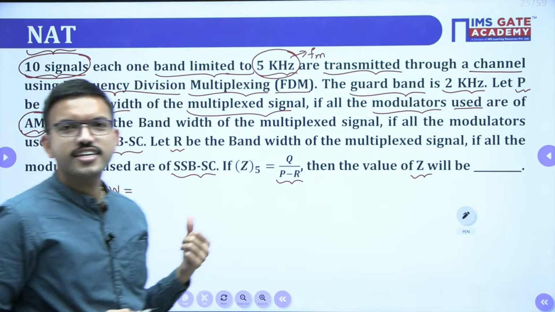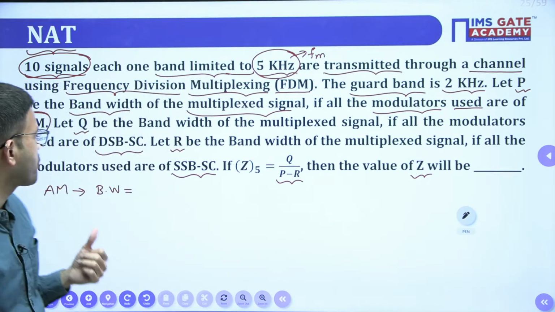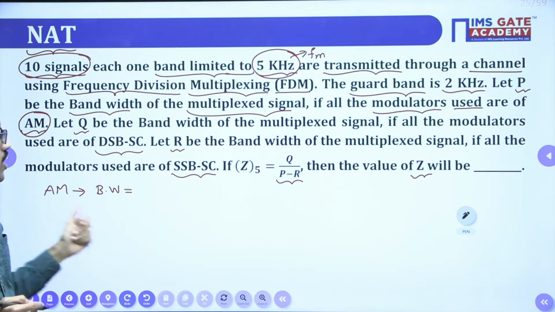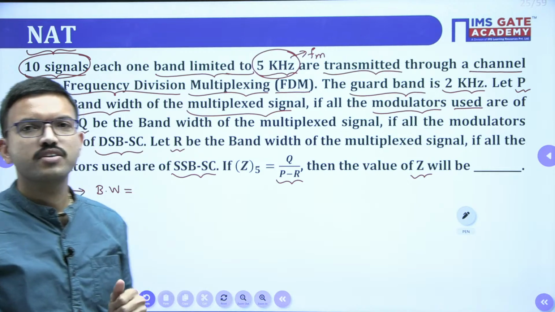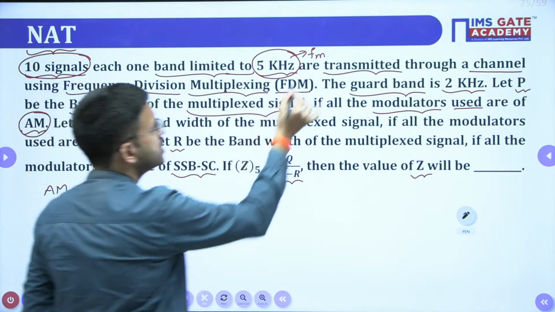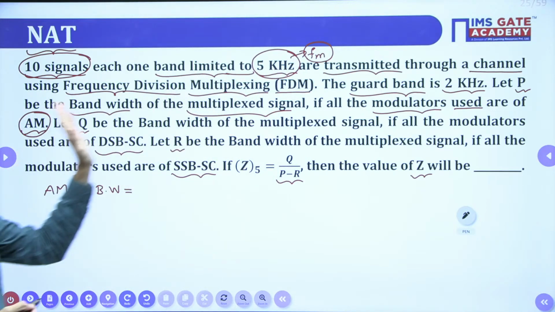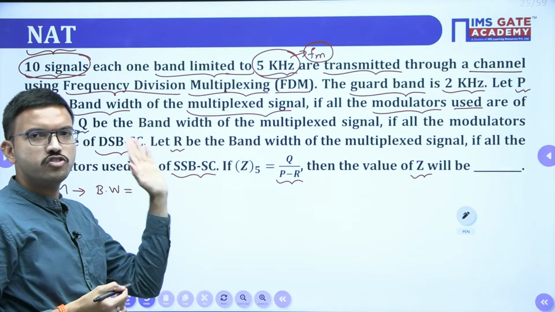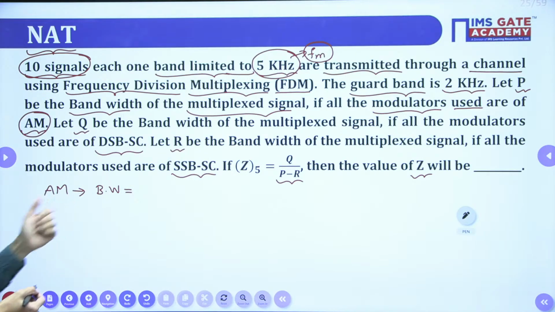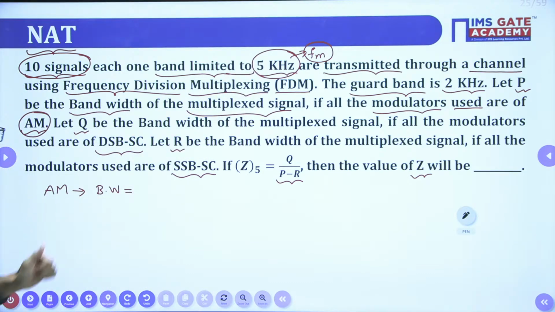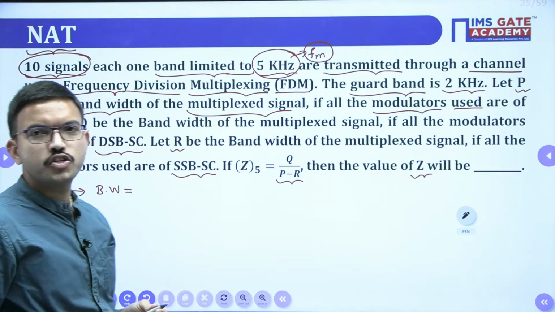Yes, thank you, Tushar. So all of you please respond. Regarding the AM signal, what is the bandwidth you will get? When you have a particular signal with frequency fm, and you are using AM, you will get the upper sideband, the lower sideband and the carrier also. For the generalized case, forget about this value 5 kHz, if you are using AM, what is the bandwidth? Yes, very good Rohit.